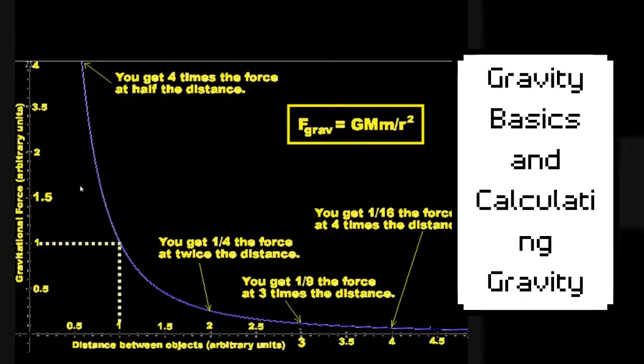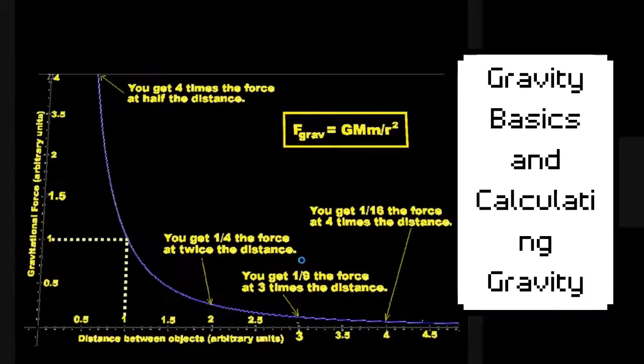Look, it practically spikes up to vertical as you get closer and closer to an object. So at half the distance, you would feel 4 times the force. At a fourth of the distance, you feel 16 times more force. So closer, more gravity, farther away, less gravity. Here's our